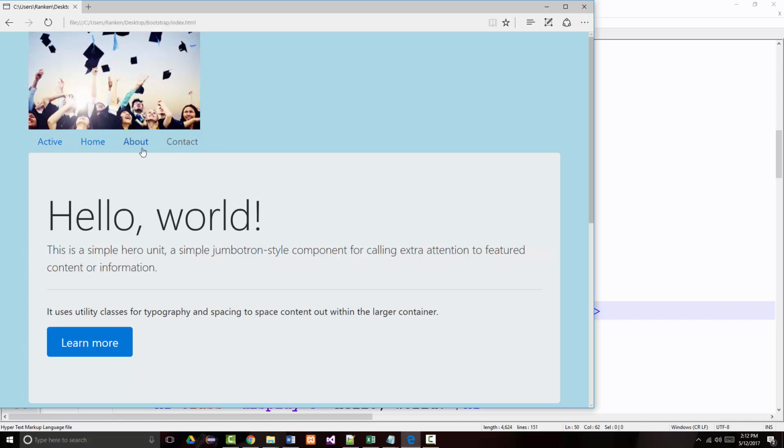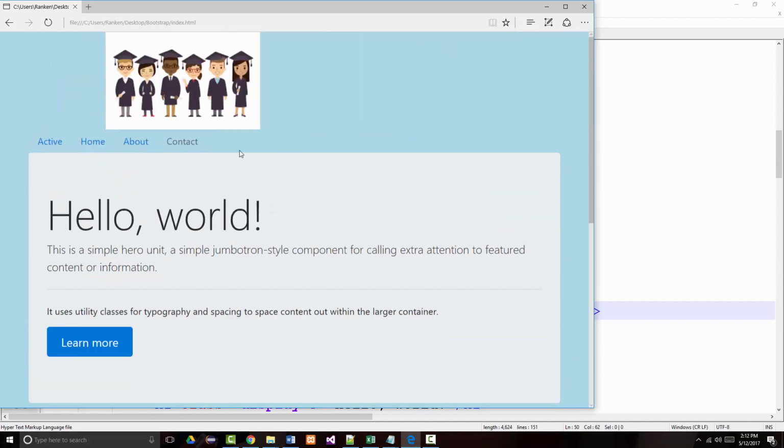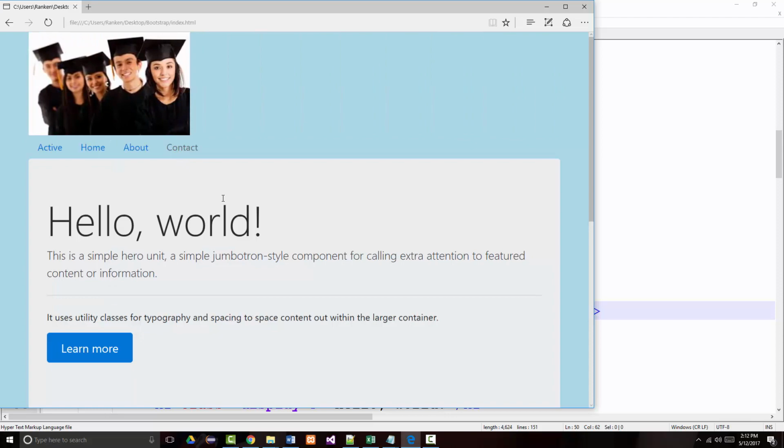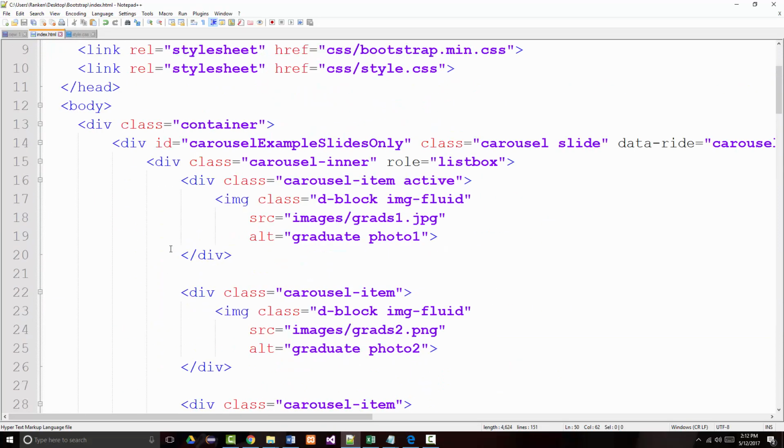nav bar. We can set it up so that it doesn't move, etc. We can do a lot of other stuff with it. The active, I could change that or get rid of that too. The contact has been disabled, but we could enable it too. All right, so we put a few things in here, and let's take a look at the code we put